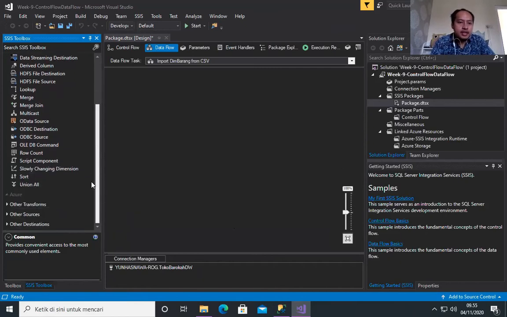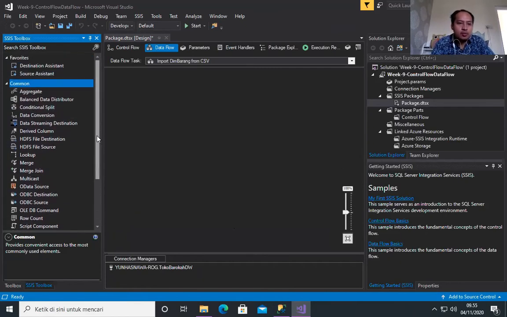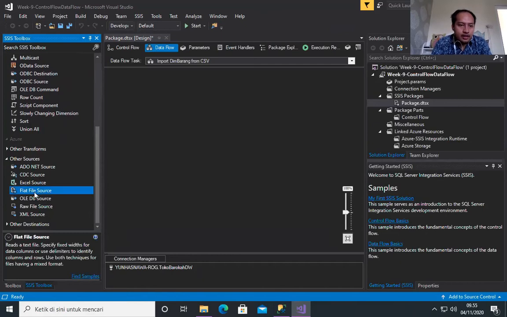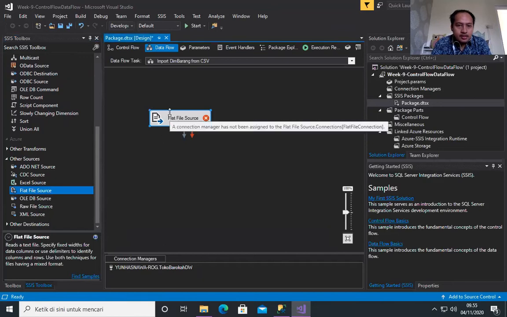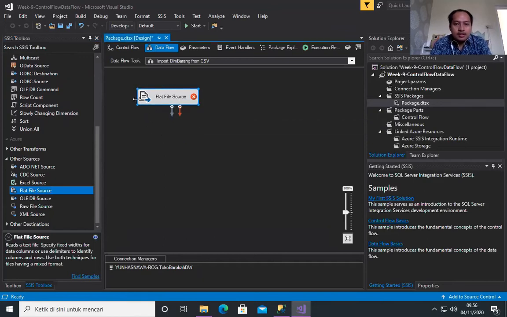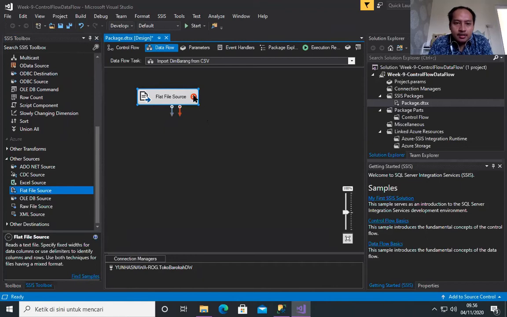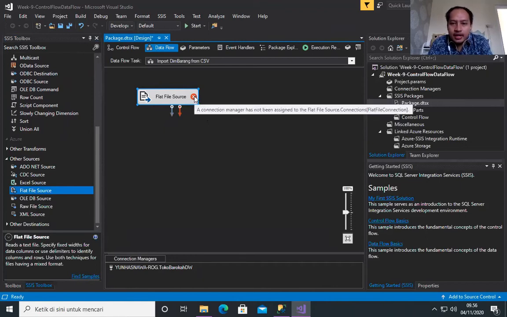there are many elements here, but for the time being, we just need one source, that is flat file source. You can find it here in the source. So we have here flat file source. This is our CSV file. We will put the path to our CSV file into these elements. Flat file source. Okay, this one is error because we have not defined our